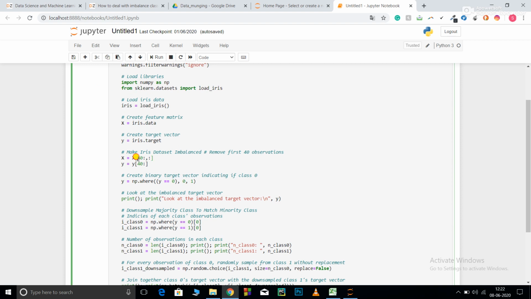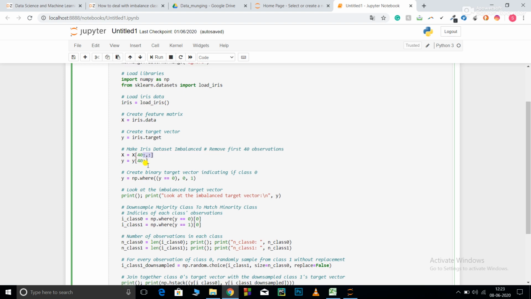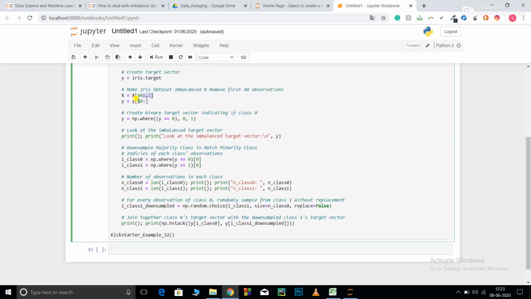So 40 colon means select from number 40 onwards, select all the rows, and after the comma when you put a colon like this, it means from column number 0 select all the columns till the end. As I dropped the first 40 observations from my feature matrix, I also need to drop them from my target vector. That's why I selected all from 40 onwards.